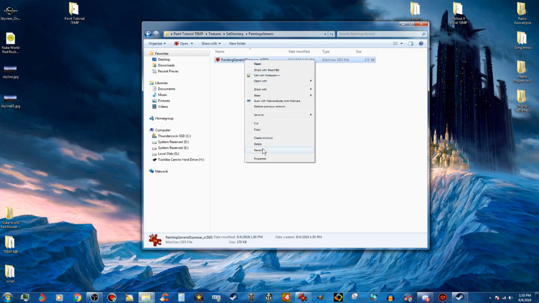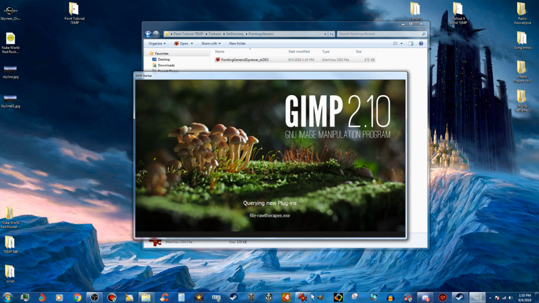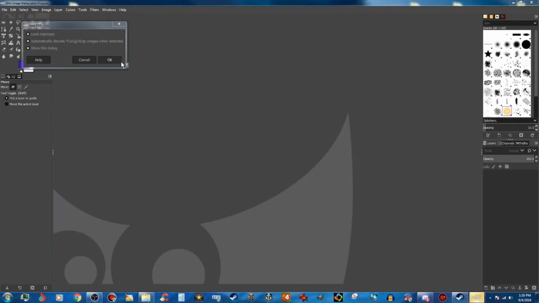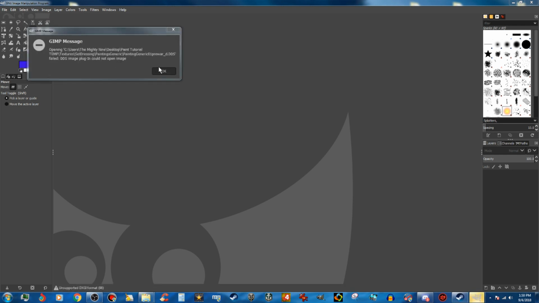Now, this one here, we're going to go ahead and open that with GIMP. You don't really need to load the mip maps for it because you're going to make a new one. So we're just going to go ahead and